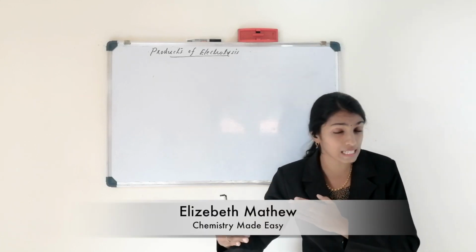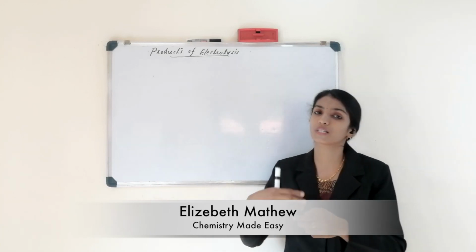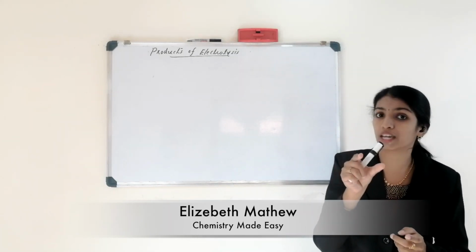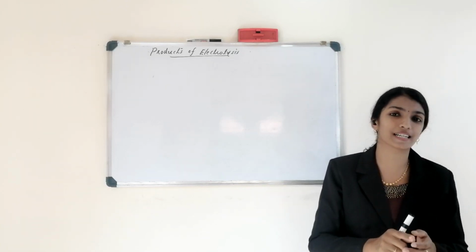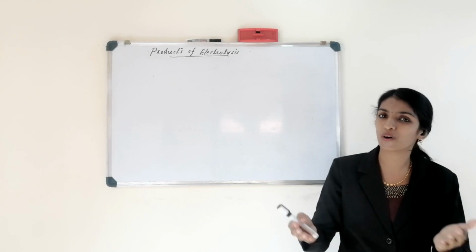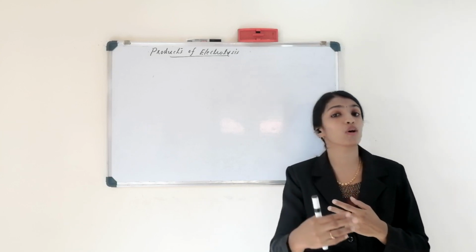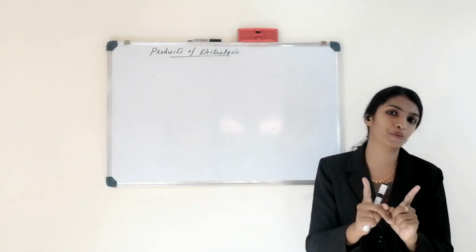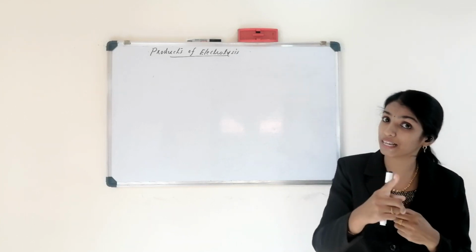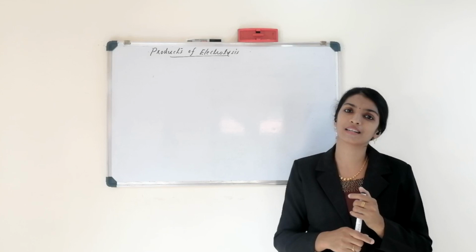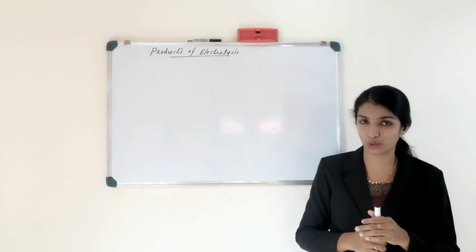Whereas in an electrolytic cell, the same oxidation occurs. Although the same oxidation reaction occurs at the anode, we have a battery here. So we can easily say that the electrode which is connected to the positive terminal of the battery is positive. So in an electrolytic cell, the sign convention is different from an electrochemical cell. In an electrolytic cell, the anode is positive and the cathode is negative. Whereas in an electrochemical cell, the anode is negative and the cathode is positive. Here we are going to discuss the electrolytic cell and the products of electrolysis.